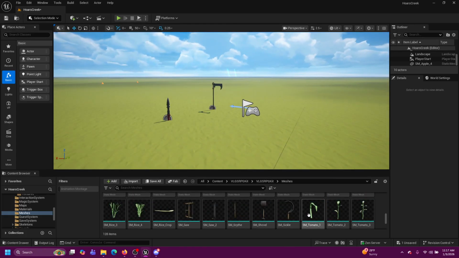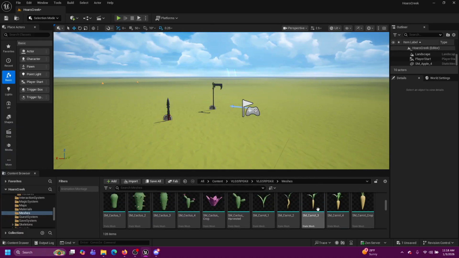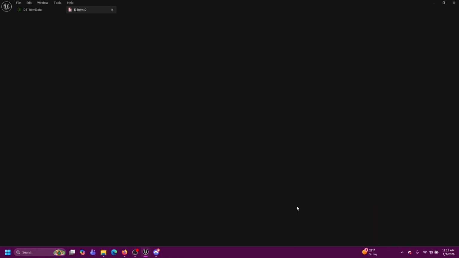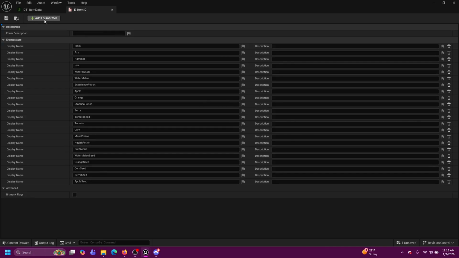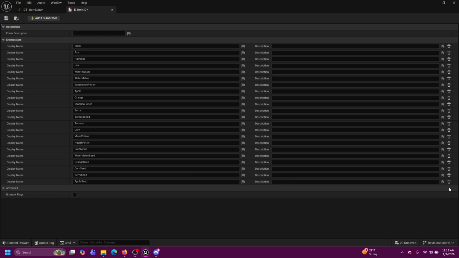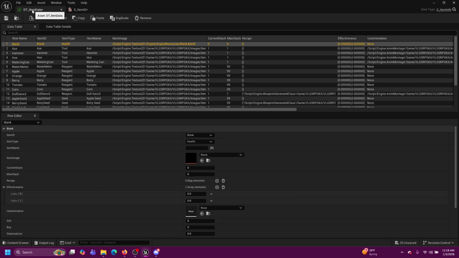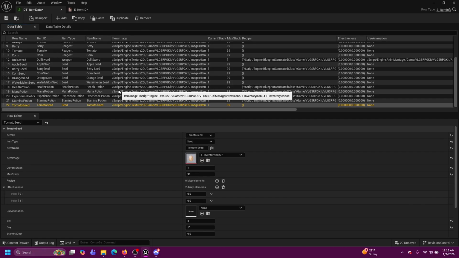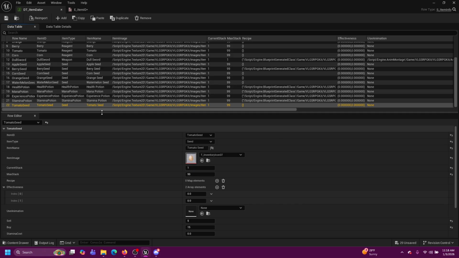So to make an item, we'll go over this without actually doing it. In the interaction system, you need an item ID. You want to hit Add Enumerator, name your new item, and then you want to go to your item data and add a row right here. Highlight your row, hit F2 in order to rename it, and